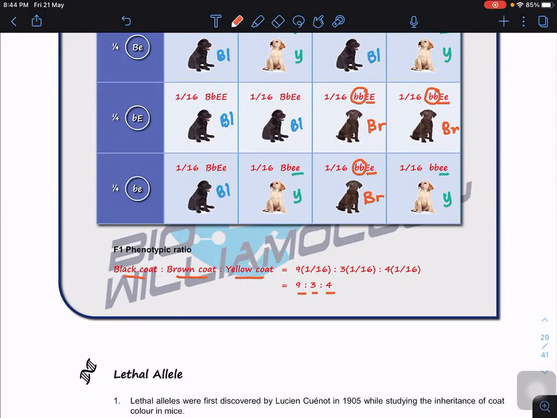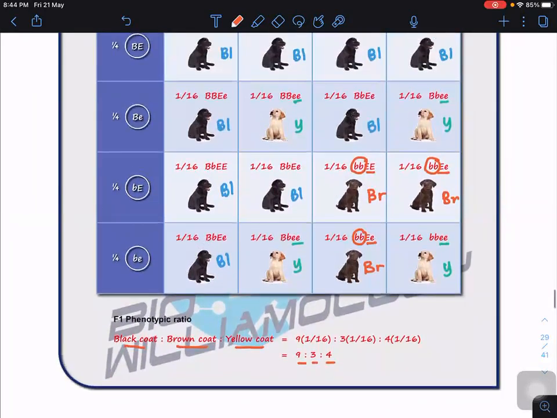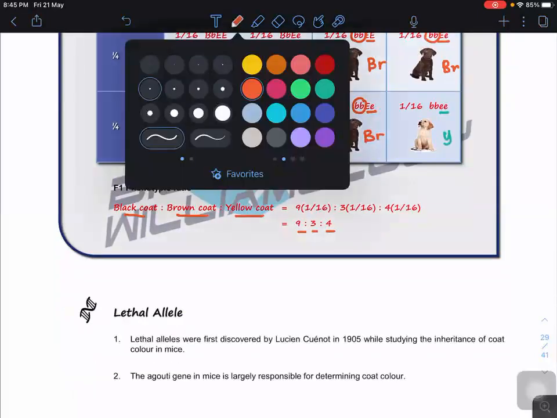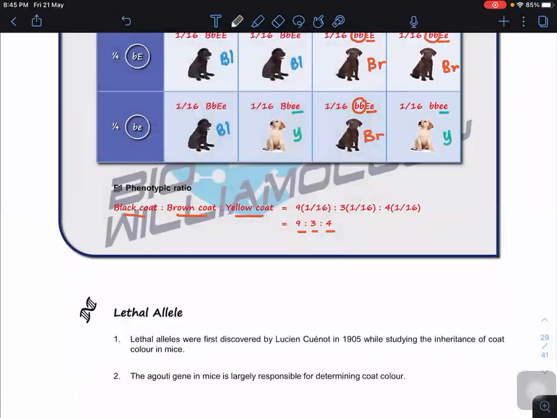Do you guys have any questions regarding this phenotypic ratio? This one should be the F2 phenotypic ratio. If no questions, then I stop here for recording. Then I want to break it to few